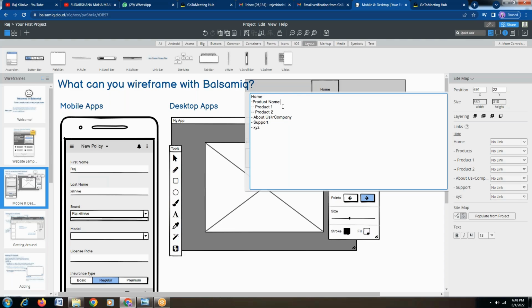Right, product name. Next, product classification. I'm just giving you a sample so that you could understand this better. Next, product category. Right, product category. Next, about the product. Next, services.